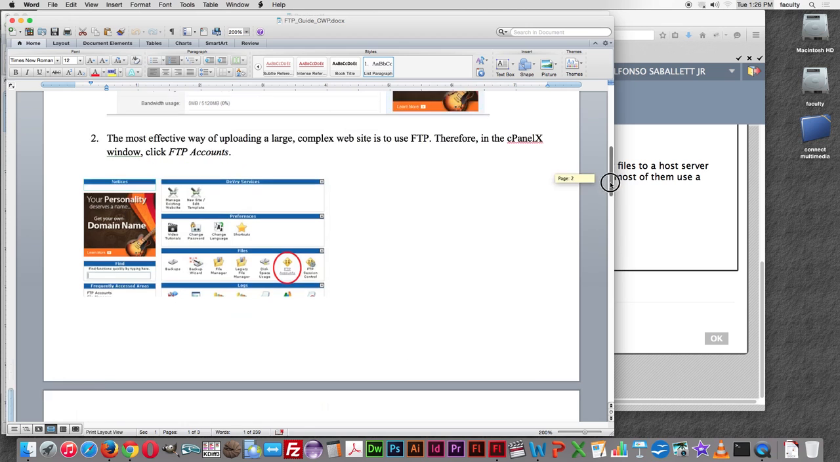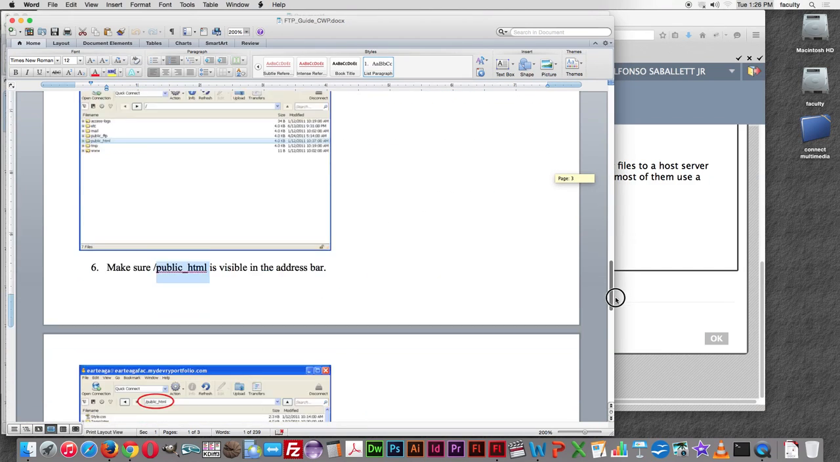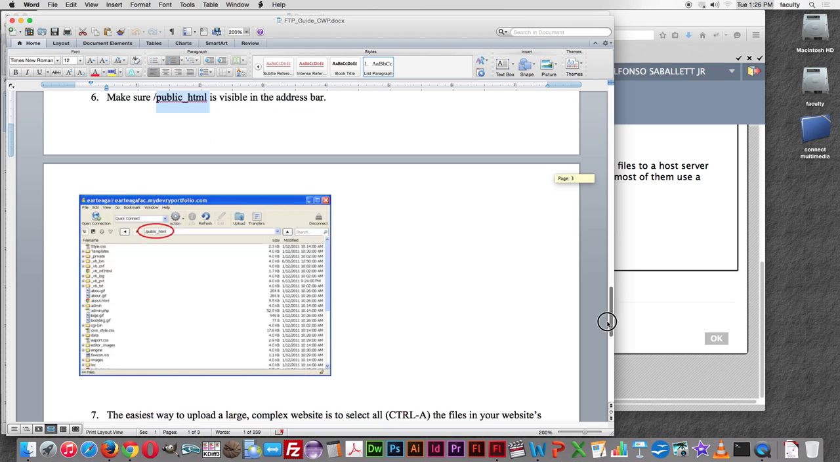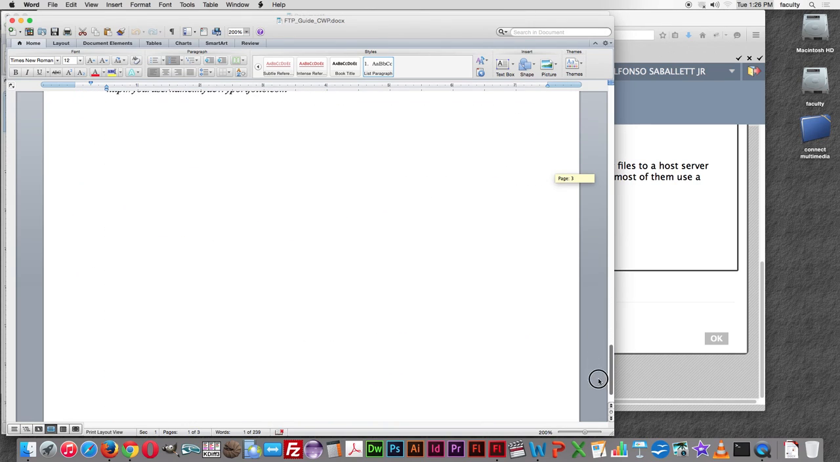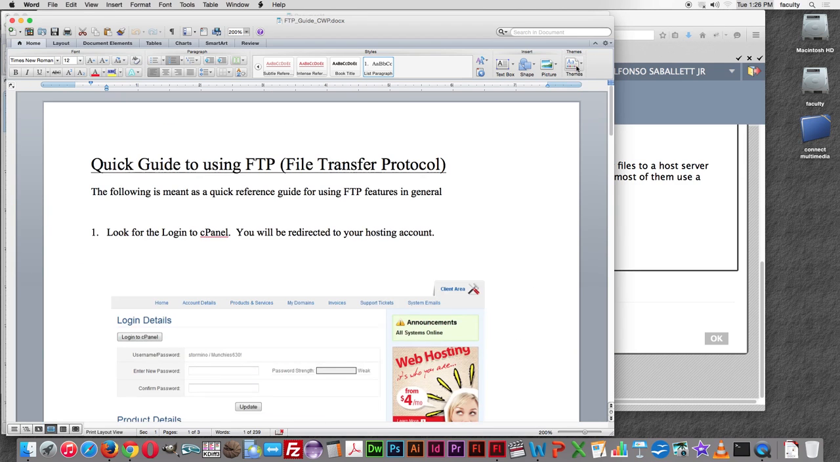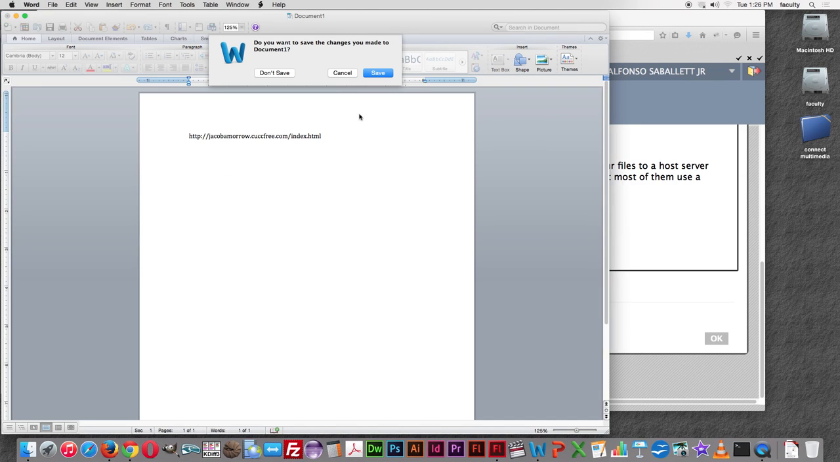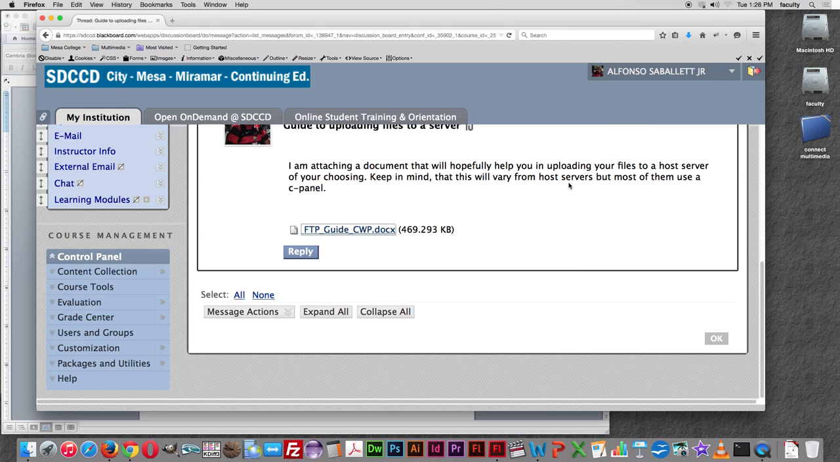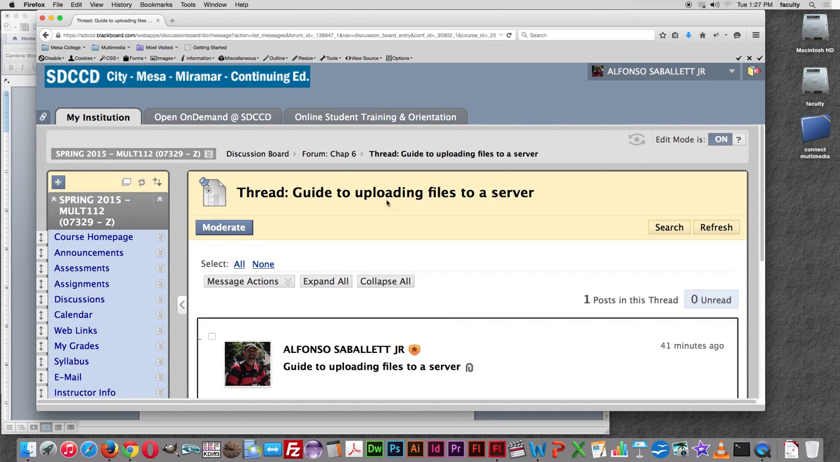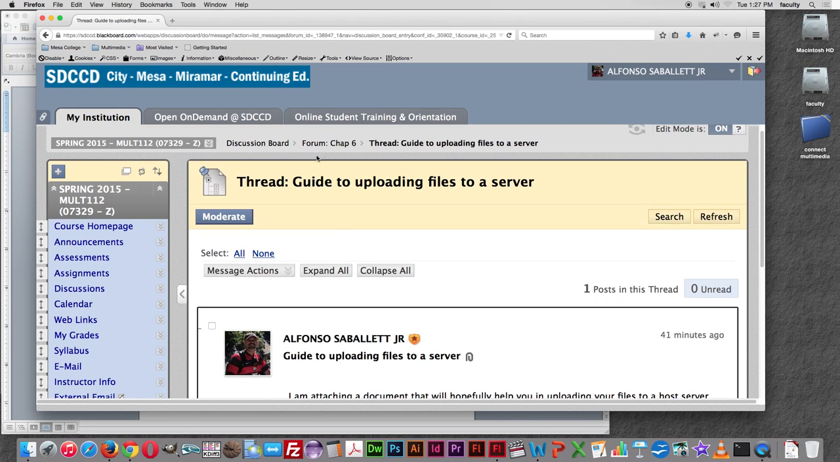But when you're creating a large website, then you definitely need to create an FTP account, and you need to use an FTP program in order to upload like hundreds of files, because otherwise it would take you forever to upload 5 files at a time or even 1 file at a time. Okay, so that's under Guide to Uploading Files to a Server. Under Chapter 6 also I have